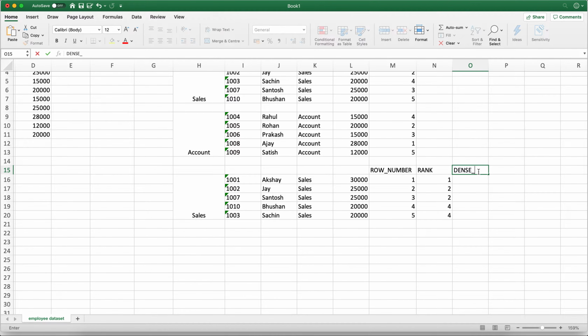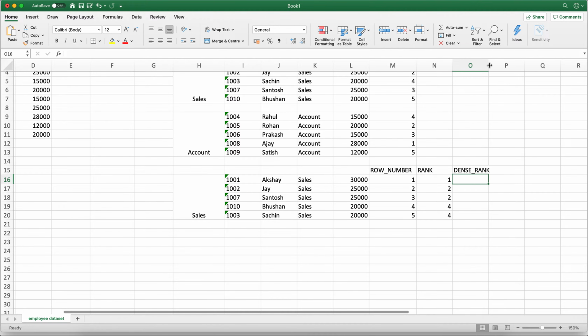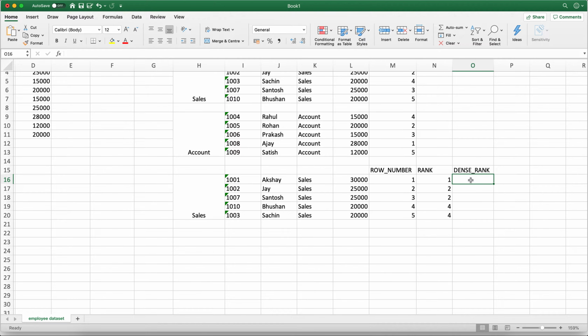Now let's say how dense rank will work in this particular thing. Obviously the first number, it will get the first rank, this employee with 1001. Here as well it will work on similar lines as your rank function. It will assign the second rank to these. Now here, instead of skipping that next number which is 3, dense rank will give the third rank to these two records. It will not skip those records